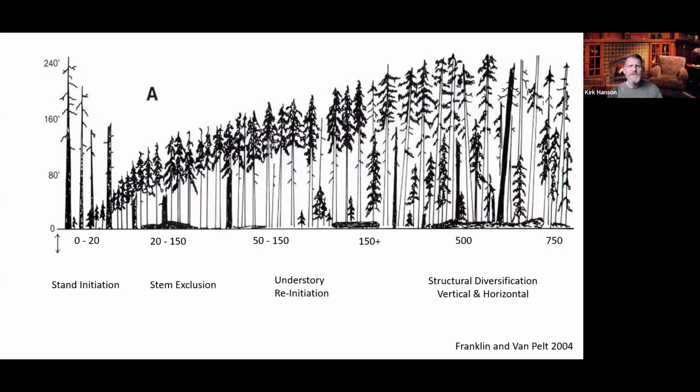So first, let's just start with some kind of basic forest development 101. Exposed soils, in particular in our climate, quickly become colonized by vegetation so as to maximize the capture of incoming solar energy. This drives rapid growth, and as soon as a site is fully colonized, whether it's with brush or trees or both, the vegetation goes into a competitive growth phase wherein individual plants or trees compete with one another